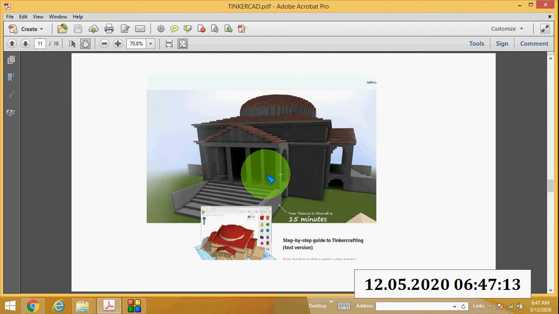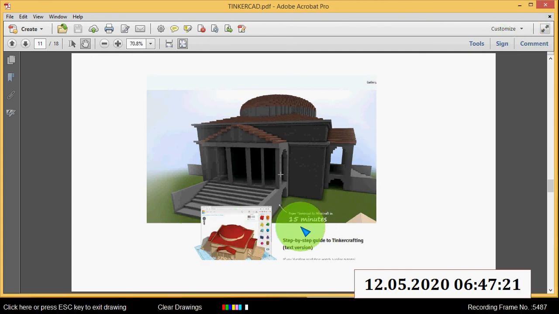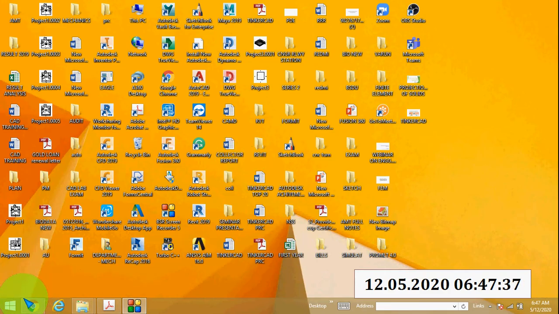See, this is a Minecraft Modeler of a building. In the bottom, you can see the Tinkercad file of a building, and you can see this is the Minecraft model of that building. You can see this consists of some intricate shapes. So this is another area of Tinkercad.